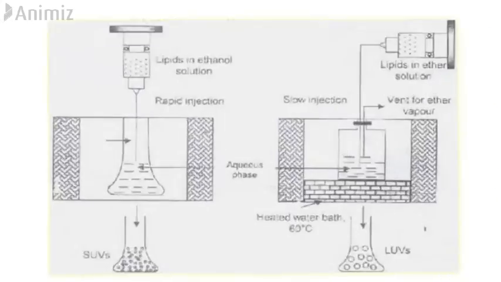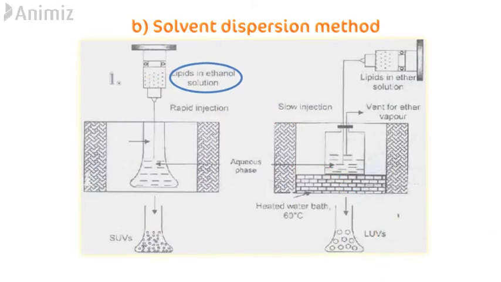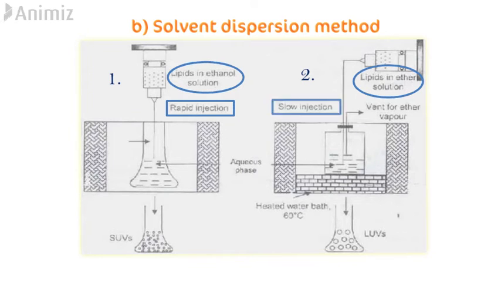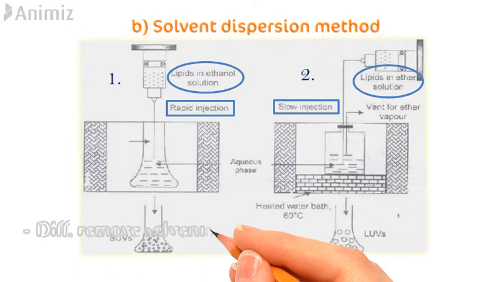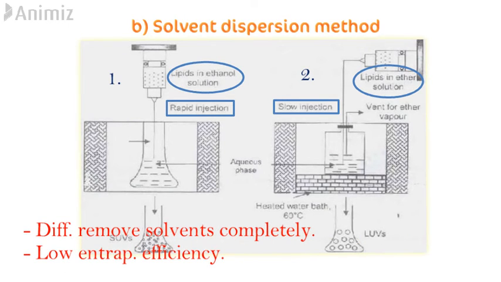Second method is solvent dispersion method, which has techniques like ethanol injection method and ether injection method. In first technique, a lipid solution of ethanol is rapidly injected into an aqueous solution of drug, ethanol is evaporated and SUV liposomes are formed. In second method, ether solution of lipid is slowly injected into an aqueous solution of drug, ether is evaporated and LUV liposomes are formed. But these methods have disadvantages like it is difficult to remove the solvent completely and